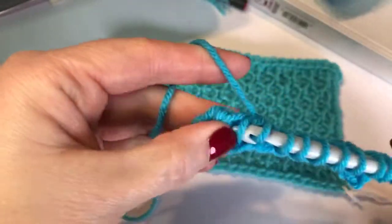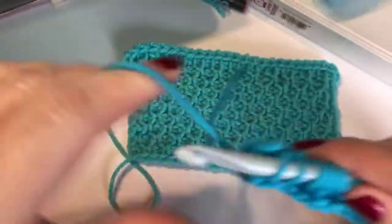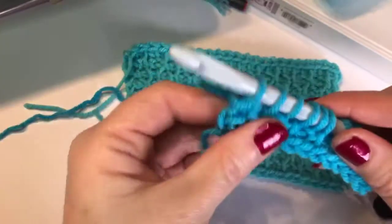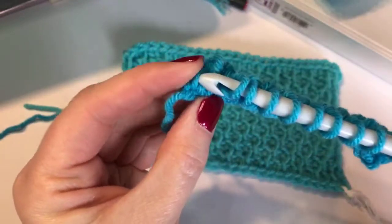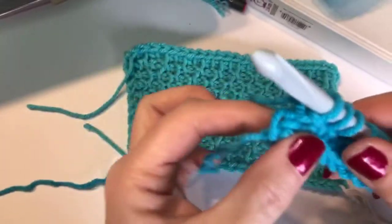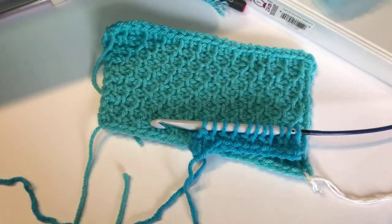And then I'm going to do two more, and then I will be at the last stitch, and I want to show you another trick. Okay, this is the best trick I think I've ever learned. You get to the end, most people would be tempted to go through that vertical bar again, like you have been. I'm going to say don't do it. If you turn it sideways, and here I'm going to show you what it looks like. If you turn it sideways,